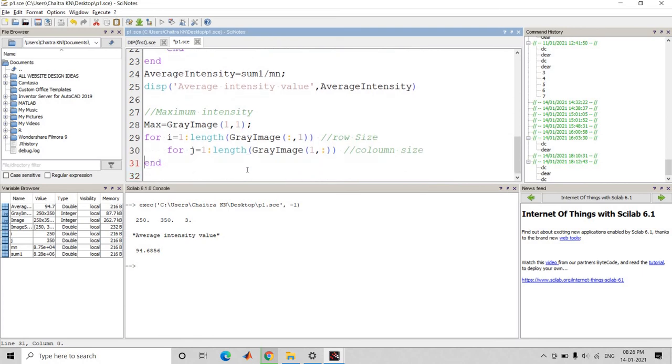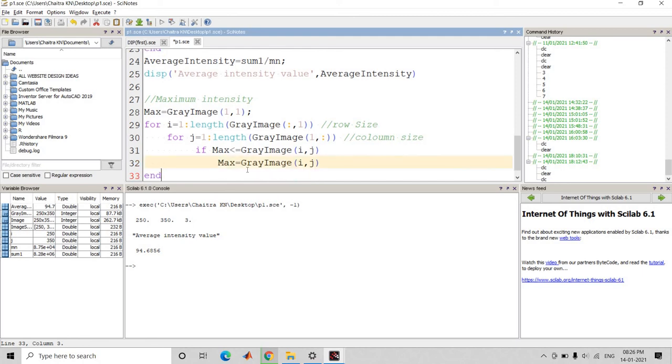Then again the condition is: if max is less than or equal to gray image of I, j, then make max is equal to gray image of I, j.